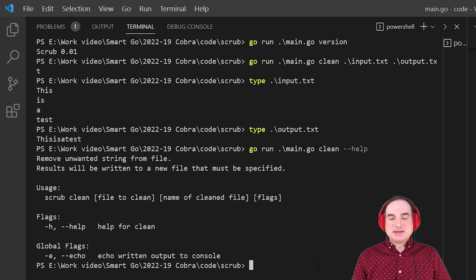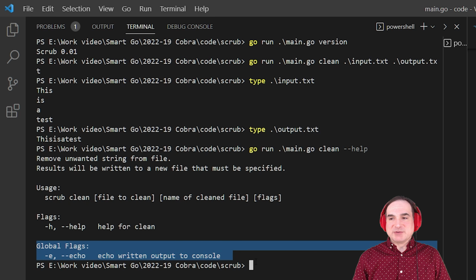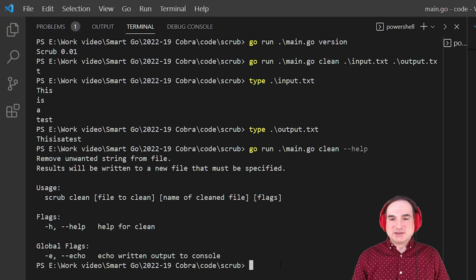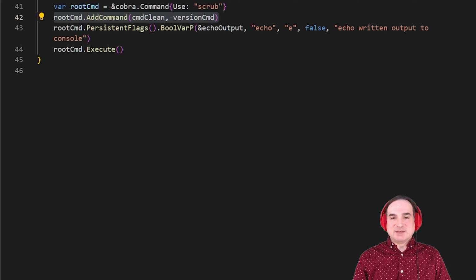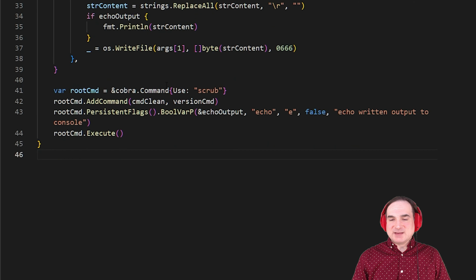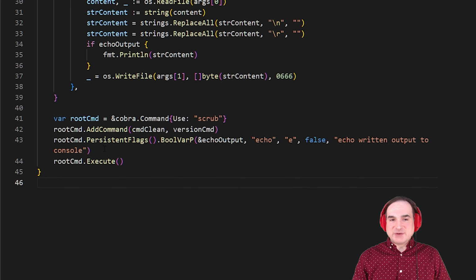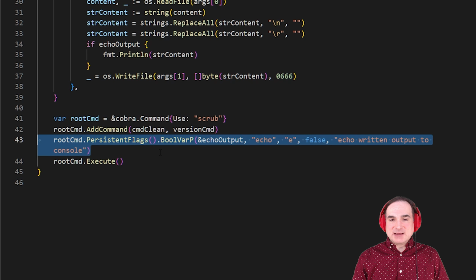And we don't have to do any more heavy lifting than to just provide it as text in our struct. Another thing that we can do with command clean here is we're working with a global flag, what's called a persistent flag in Cobra's terminology. If I pass the E flag in my command line options, the modified version of the file gets printed to the console. Now to set this flag up, I take the object that I've created for my command, and I add a value option to it that modifies some Boolean variable.